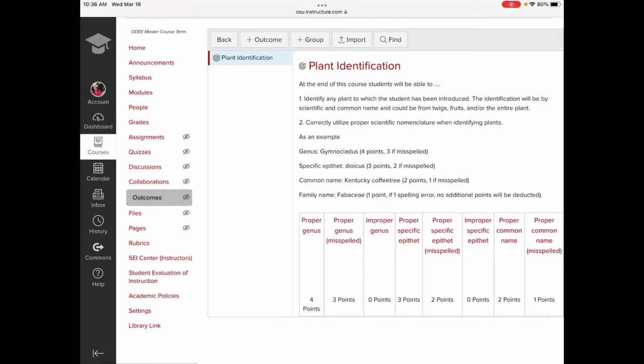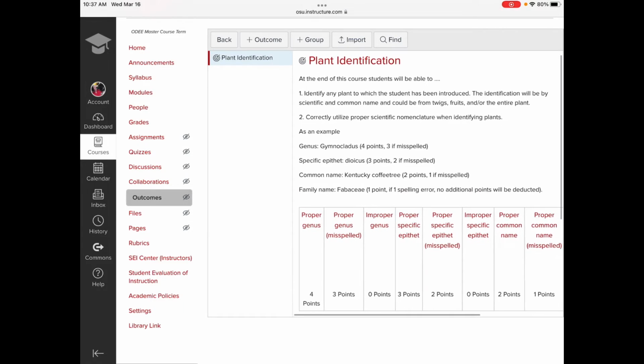So this is the outcome that I created in the outcomes tool for plant identification, and this is basically how quizzes are graded. And as you can see here, they're required to know the genus, the specific epithet, the common name, and the family name of the plants that they're introduced to. And so I created an outcome table for this, where if they get it right and they spell it right,